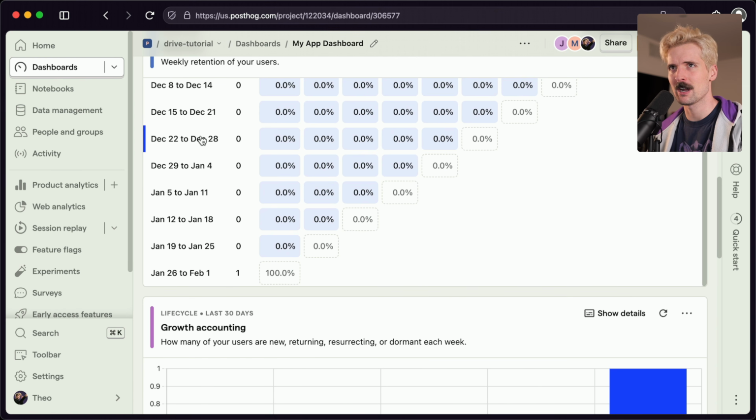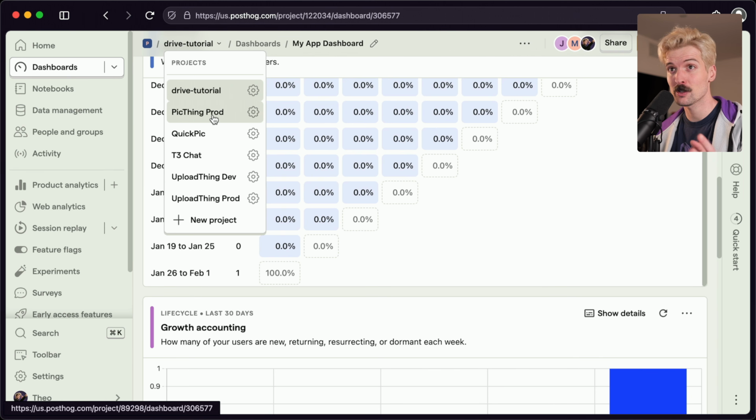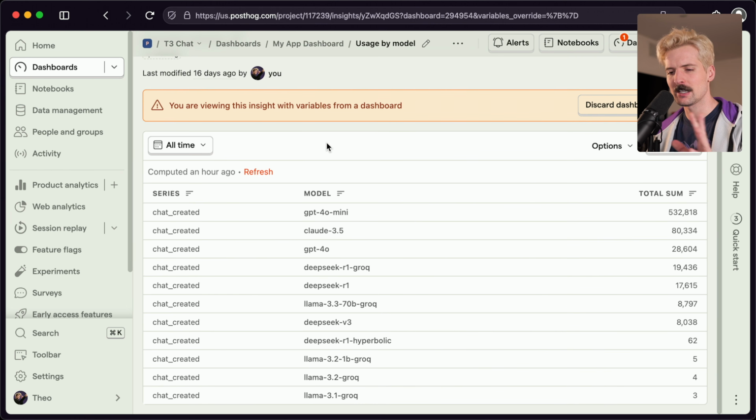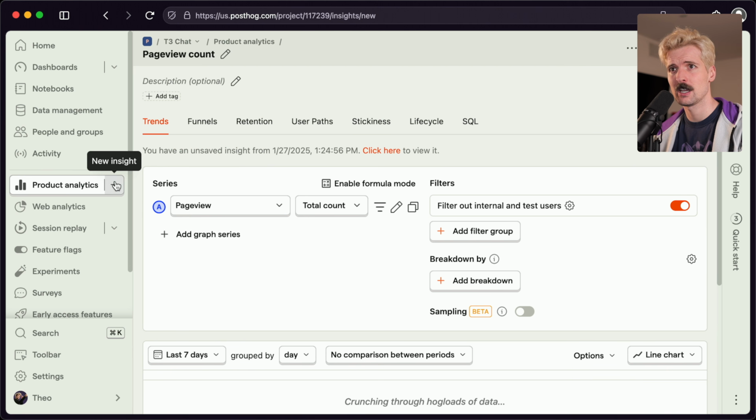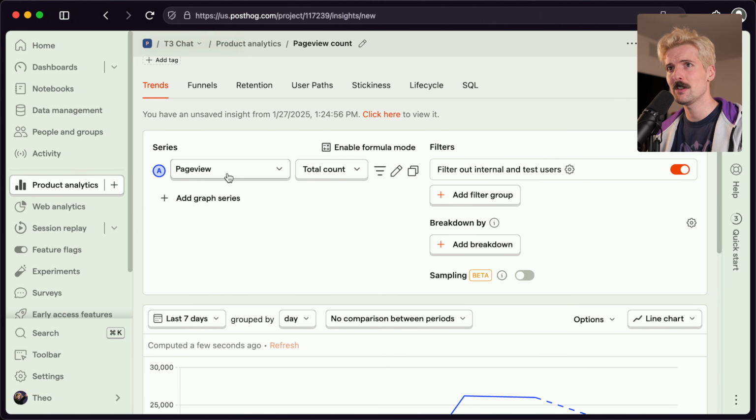I don't know how to properly express how cool it is to have things like this on a platform like Netlify. I'm going to show you the actual T3 chat stats quick. Let's take this chart from my T3 chat project. This is all of the messages per model. And this was not hard to set up. Like having a set of data like this or a graph to visualize it is super easy. All I have to do is go to Product Analytics, hit the New Insight button,